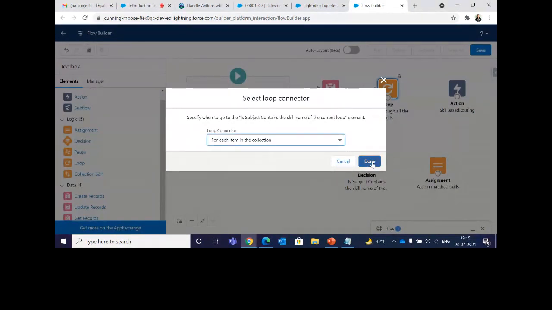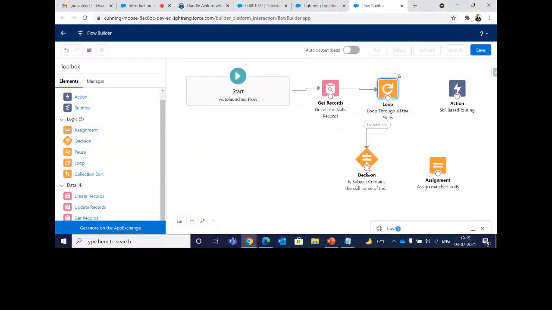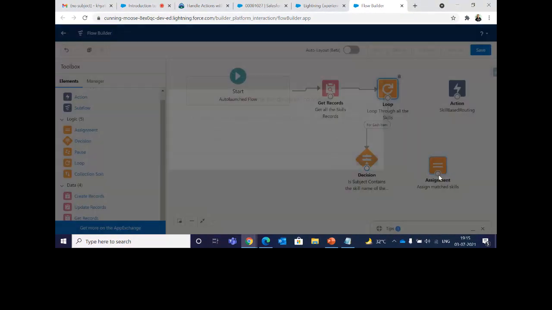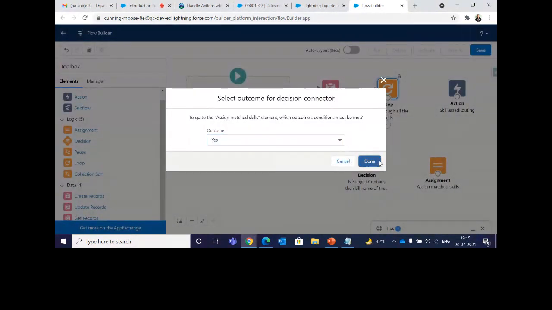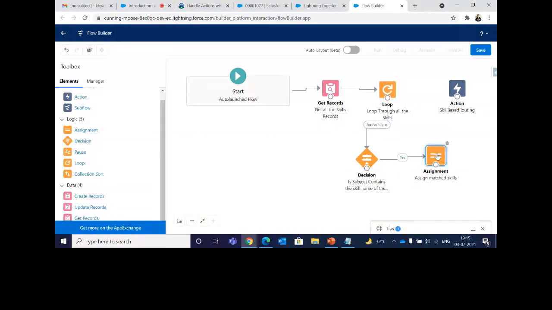It will be for each item in the collection. And if the decision is done, then I'll assign it. The outcome will be yes. If this is not working, then I'll go back to the loop, and the assignment will also go back to the loop. And when this is done, the action will flow. So this is how you create a flow.